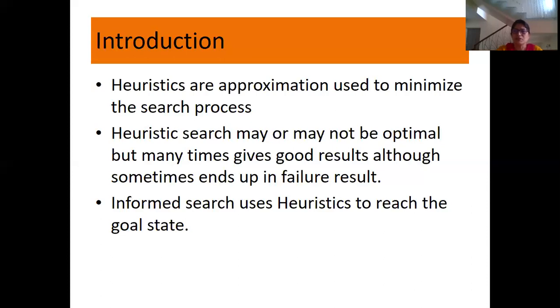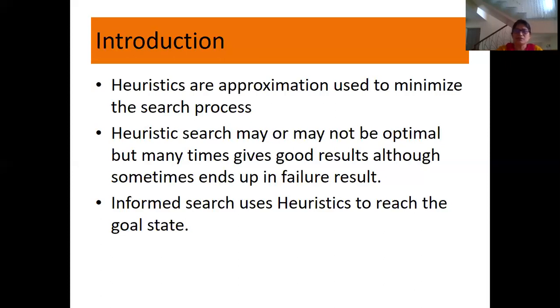If you recollect the previous lecture, we spoke about the 8 puzzle problem. In that case, we solved the problem both ways, the informed way and the uninformed way. In the uninformed way, the complexity was exponential. In the informed way, where we use heuristics, it was polynomial.